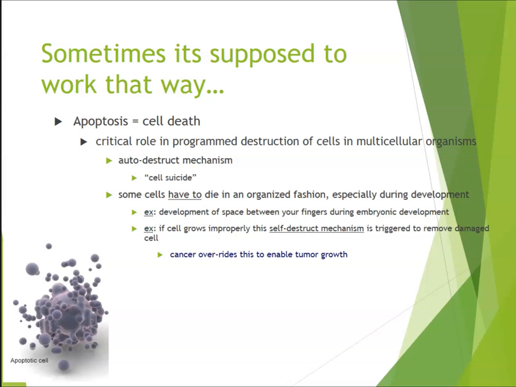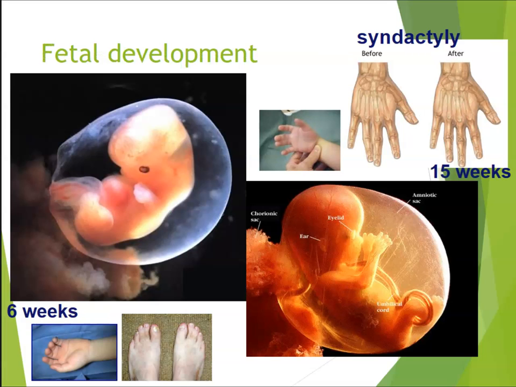Sometimes it's supposed to work that way. Sometimes cells are actually supposed to die. It's called apoptosis, and it's called programmed cell death or programmed destruction of cells. There are some important reasons why this has to occur. One of those is when you are developing. So when you are a couple of months old,